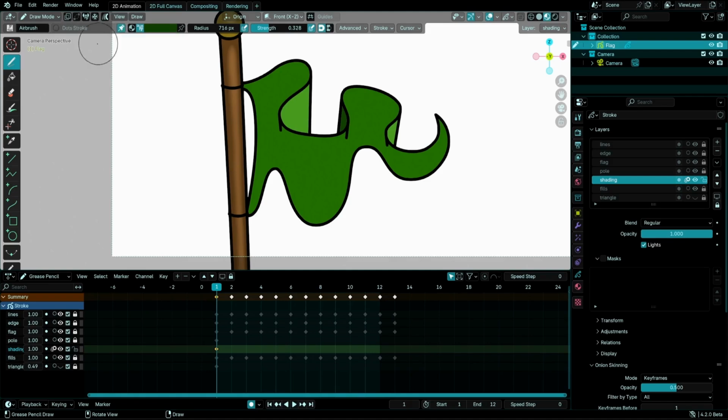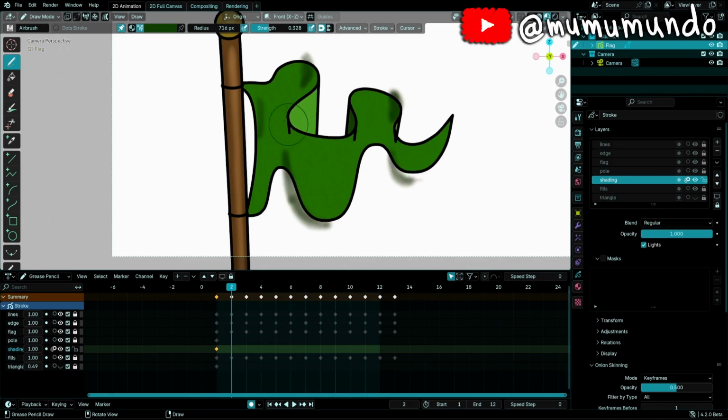We can pin it so that it doesn't change by mistake or something. And since the darker color is selected, we can start with the shadows. Maybe do something like this here and something here. I will do it really quickly here, and then on these folds here we will have some shadow here. Don't be afraid to spill on the upper side, but on the lower side inside the flag try not to spill, and if you do spill you should fix it in sculpt mode. So let us do this, and then to the next frame with the arrow, and we draw something like this